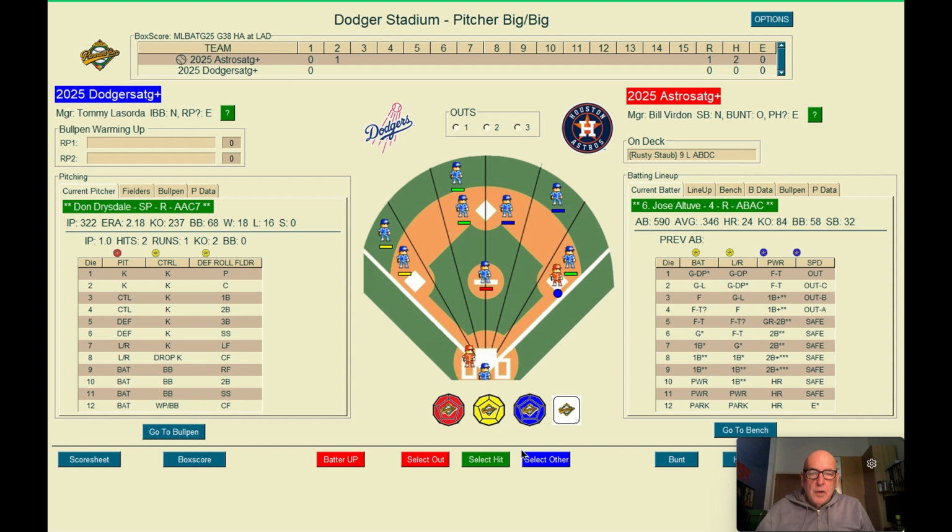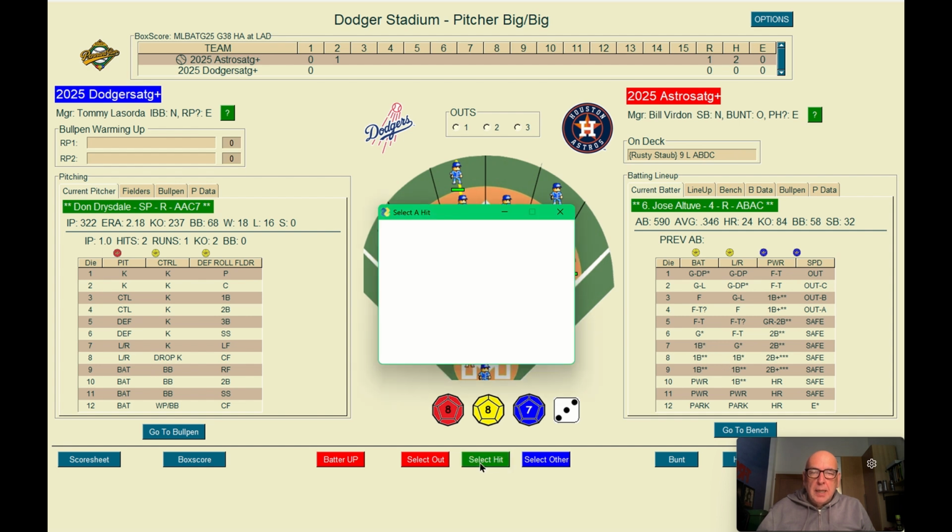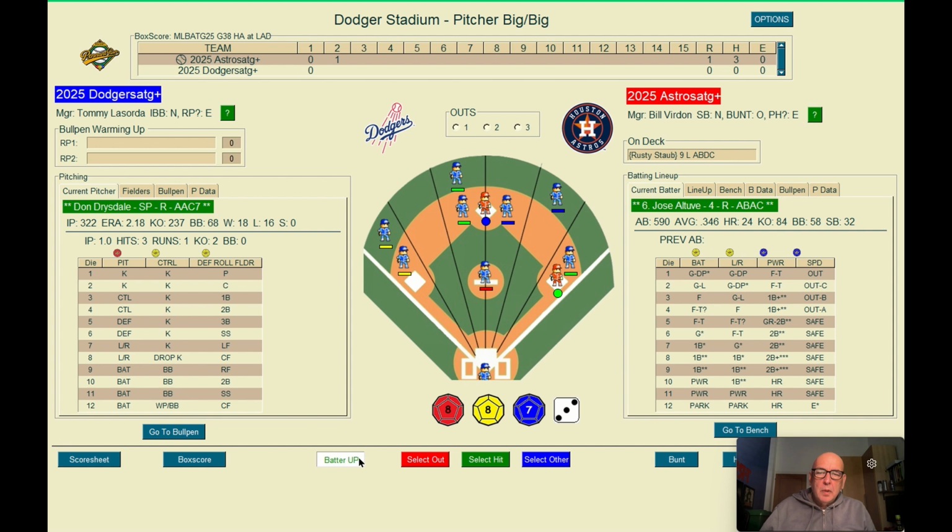Jose Altuve, 8, lefty-righty split. He's a righty. Base hit, base hit. So he's rocking here, Drysdale early,